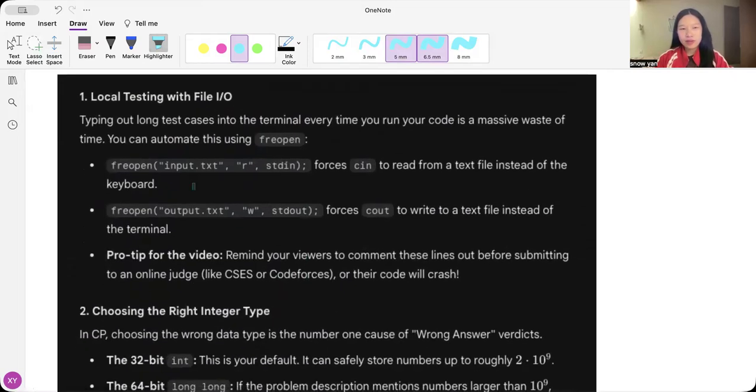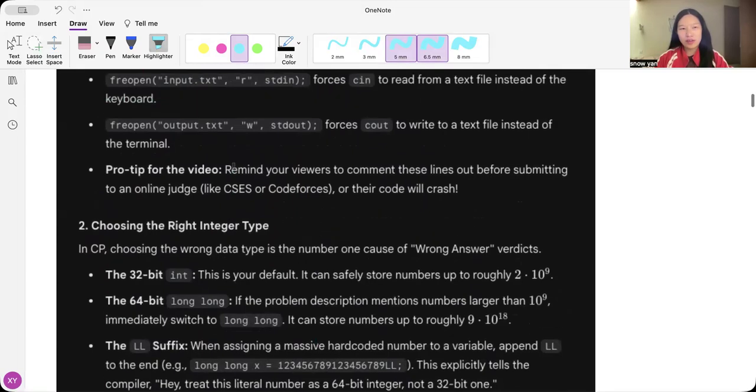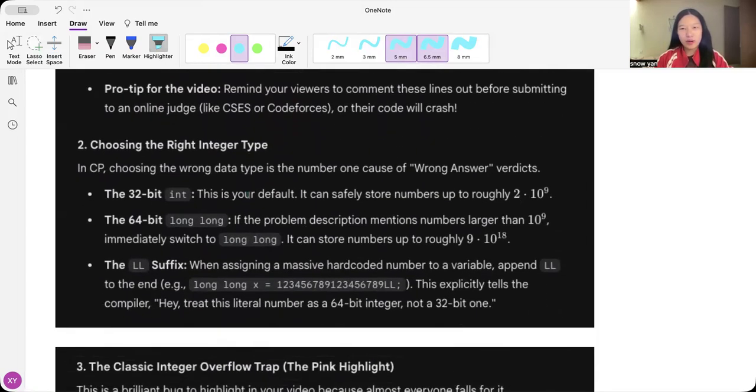And some other tricks for making things easier: for instance, if you have input that's very long, you can create a file and then use freopen with the file name and the r standing for read, stdin. So basically you can skip the keyboard and the typing. And then if you want to output, you can write to an output txt. But obviously, if you're submitting to an online judge, you definitely want to remove these two things before actually submitting the